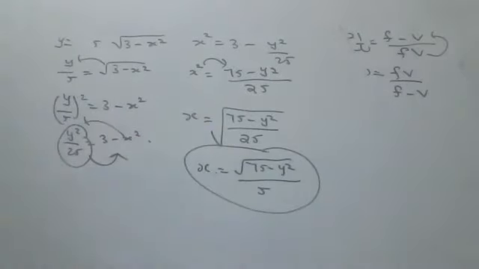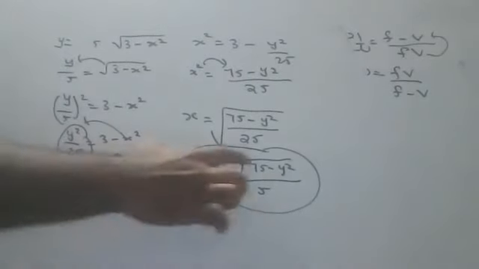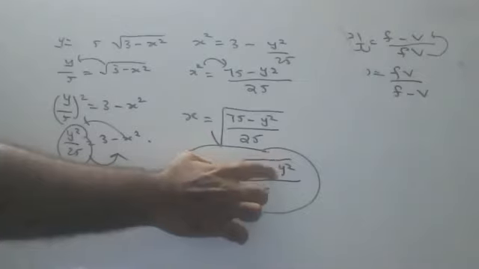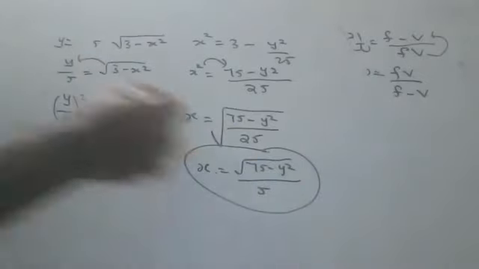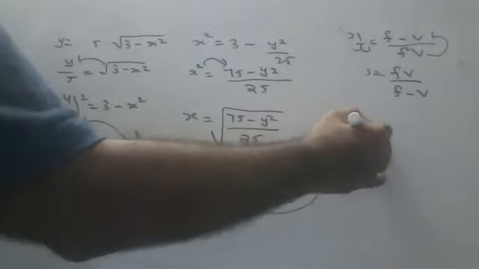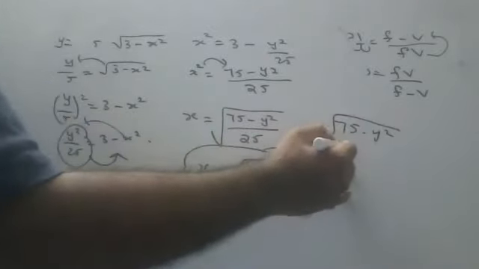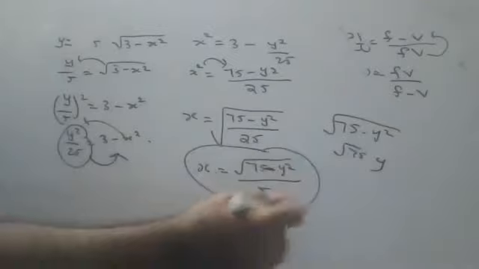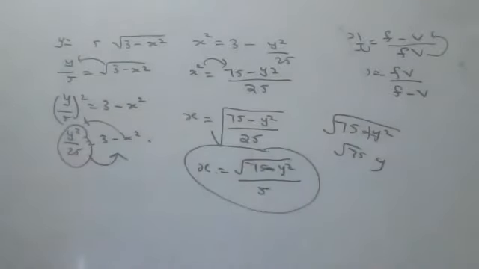Sir, can we remove the square for y now? No, you can't remove. When there is subtraction here, you can't remove. If multiplication is there, you can remove. If 75 into y square is there, then yes, root 75 into y it will become. But minus is there, so you can't remove individually. It is against mathematics laws. Okay, children. If you have any doubt, please let me know.